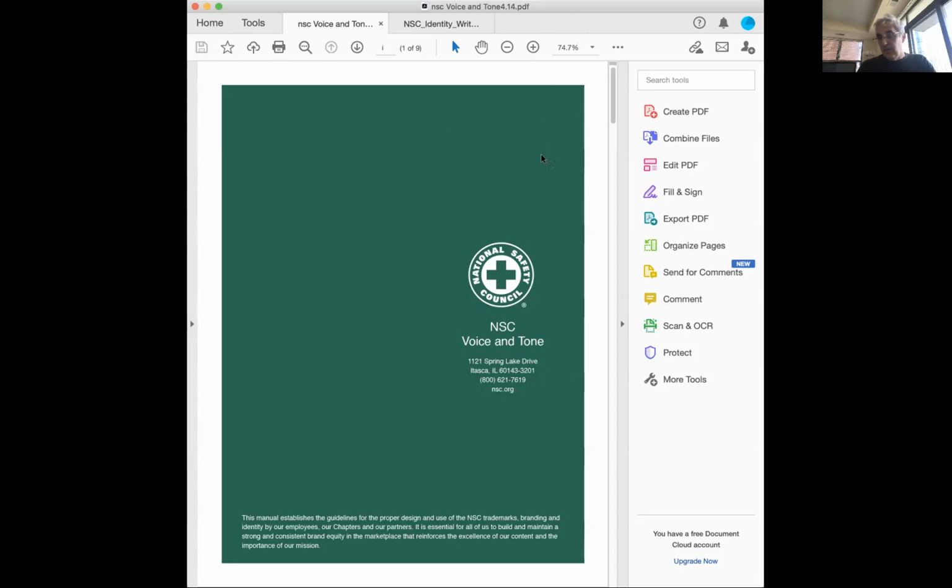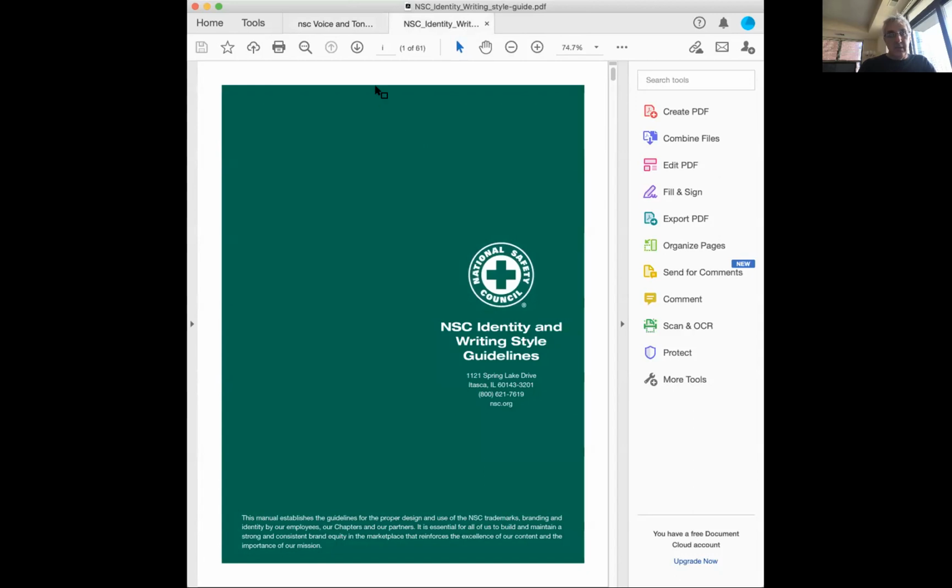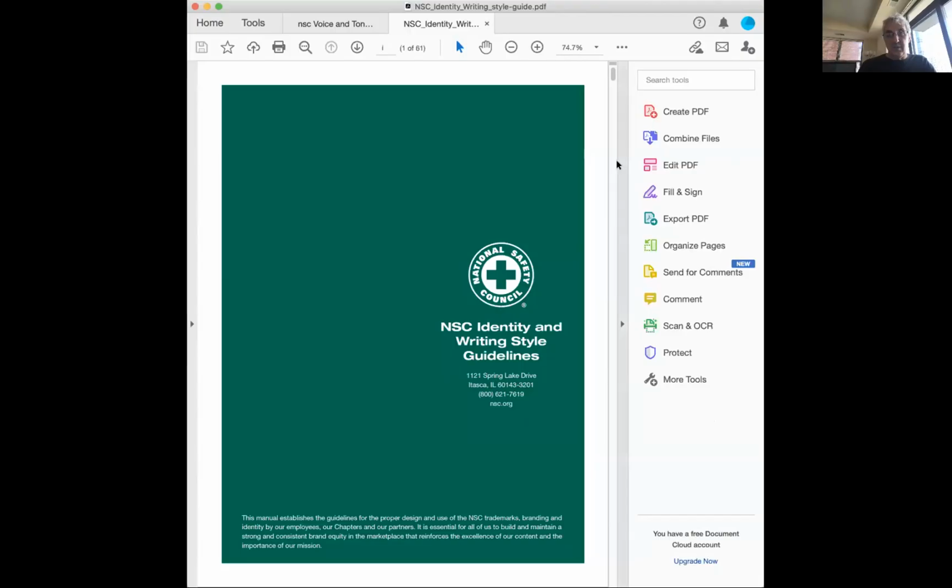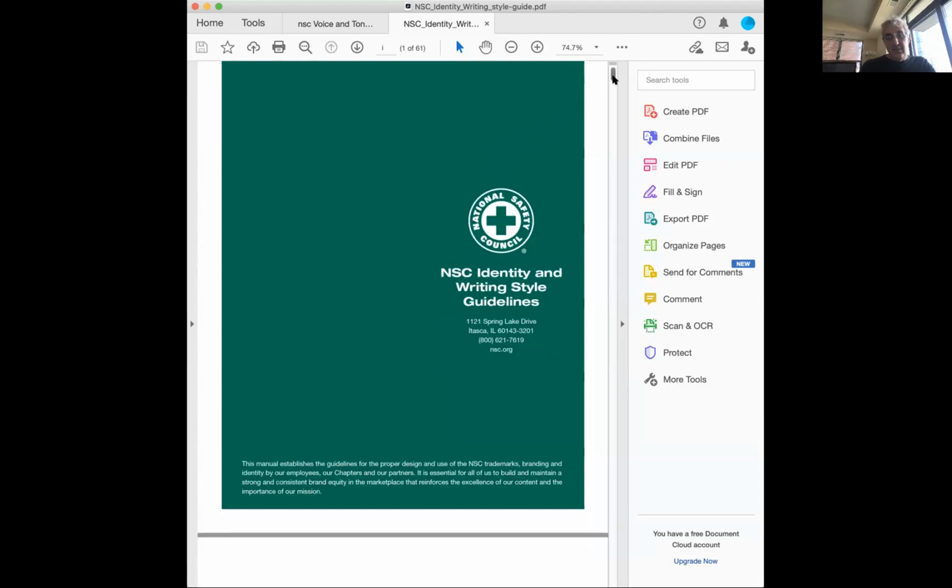This is the in-house style guide for the National Safety Council. Actually, let's see, I think I have to stop sharing my screen again and do it again. I apologize. One of the nuances of Zoom I still have to get used to. Okay, so the National Safety Council is a nonprofit organization that advocates for safety in the workplace and the nation's roads and highways. And as you can see in this style guide,